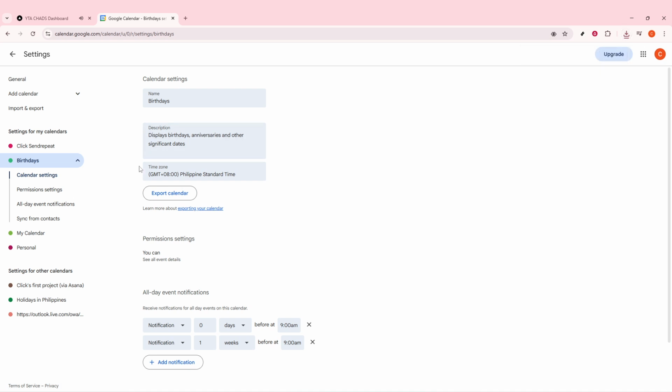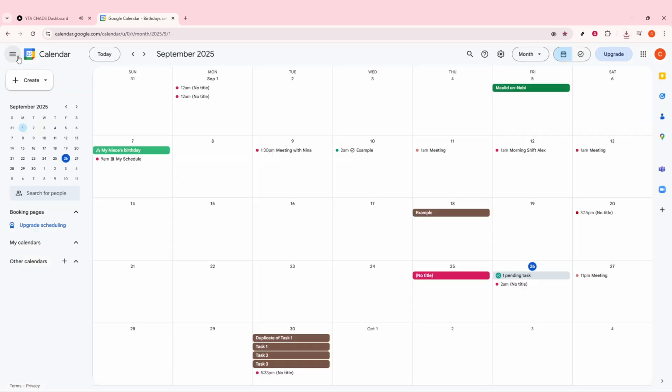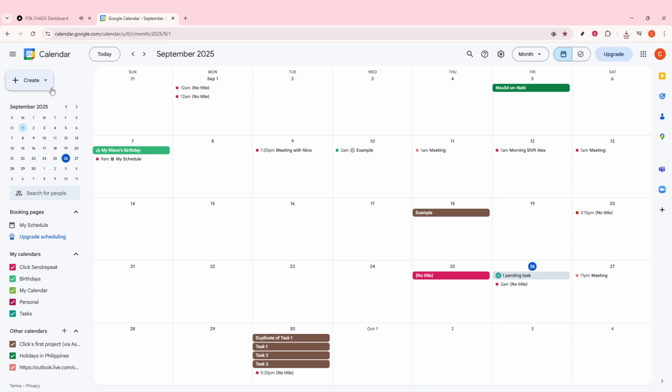For those of you who might need to share your calendar, you can even embed your Google Calendar into a website, which is great for businesses, teachers, or teams. Just go to Settings, choose Settings for My Calendars, and then Integrate Calendar. Google Workspace users have the benefit of creating a public booking page with the appointment